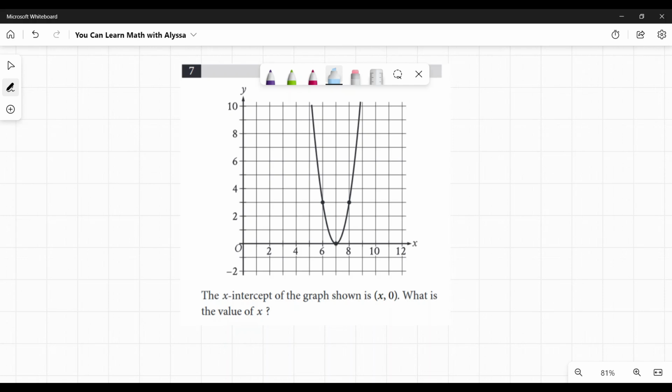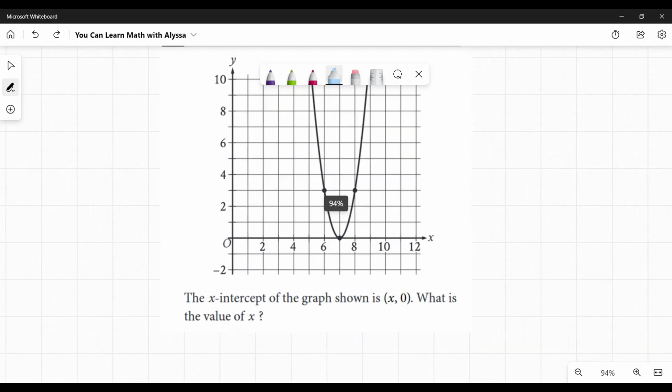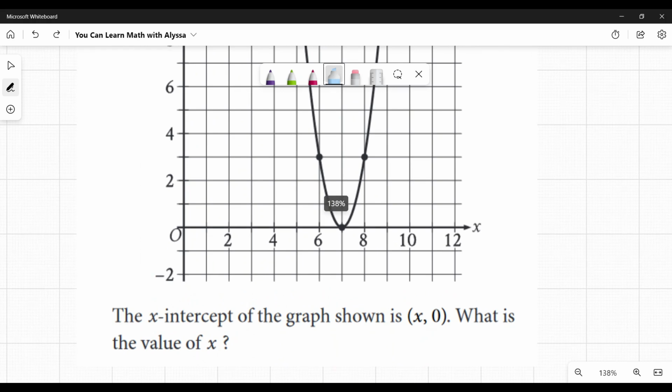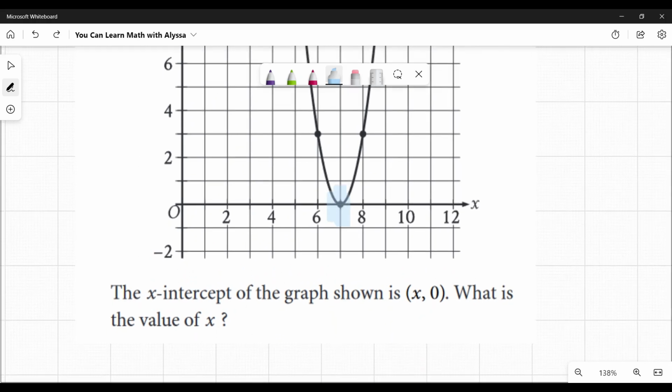The x-intercept is the point where a line, a function, anything that you're graphing, crosses the x-axis, and there's our x-axis. As you can see, I'm going to zoom in there. You can see it touches or intercepts the x-axis at a single point. And now we just look at our graph and notice these are going, that would be